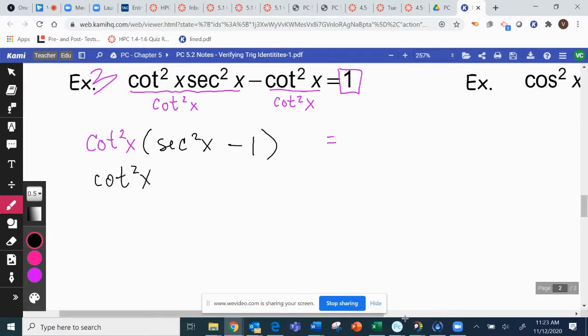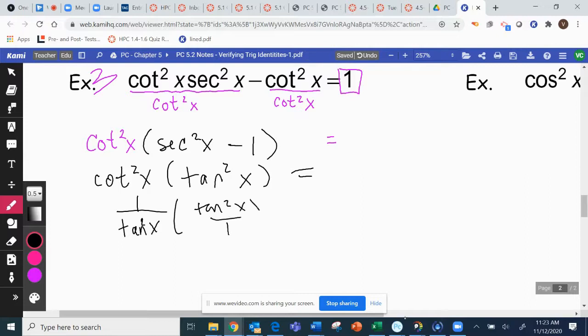Somebody doesn't have all those memorized. So if we have cotangent squared x times tangent squared x, we can make cotangent 1 over tangent squared x. And then that would be 1. So then we would be